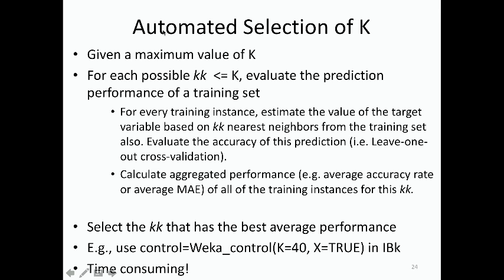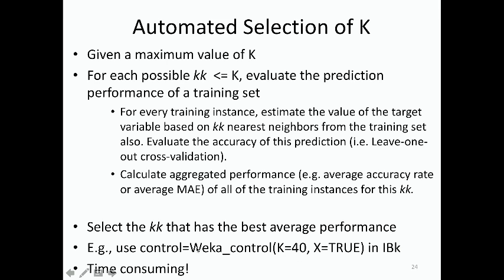In a function like IBk that we use, we can choose X equals true as the setting to trigger automatic selection of K, so that K equals 40. 40 is the assumed maximum value of KK. And similar to other parameters for other algorithms, we change them using Weka control,